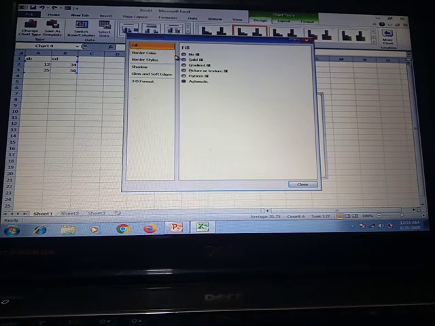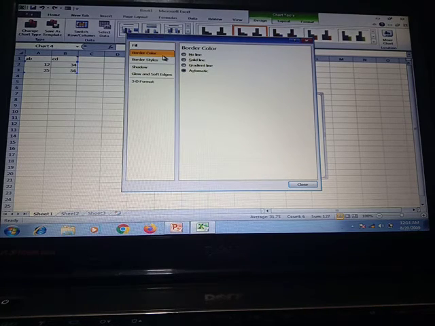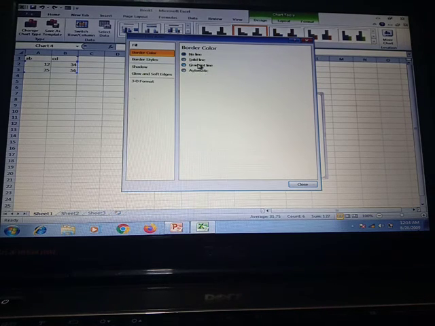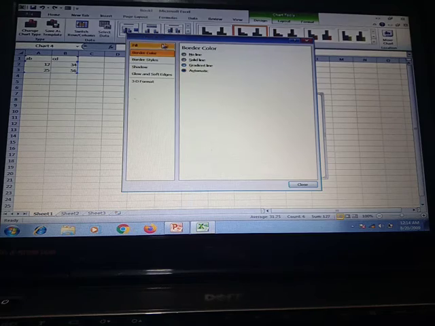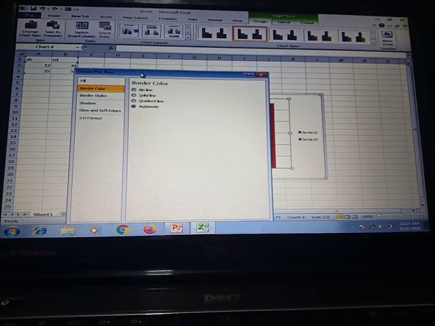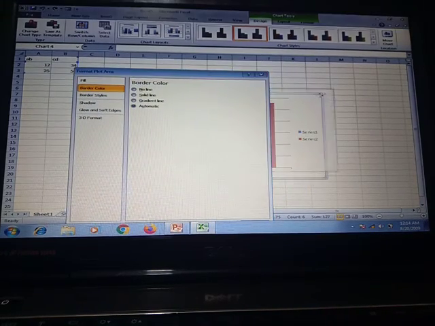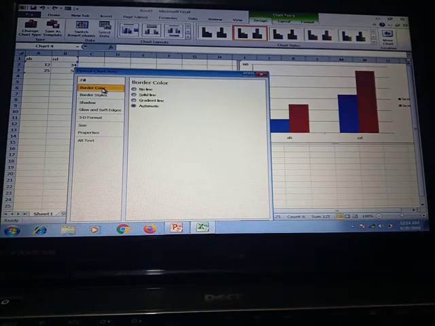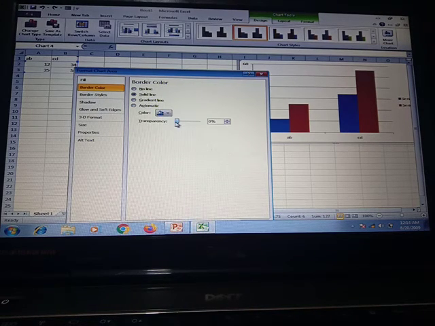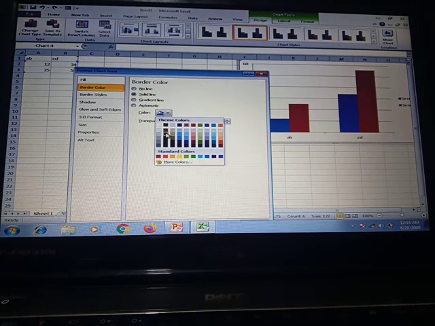If you want to change the border color, you can directly click on it and here the solid line color option is there, no line option, gradient line and automatic. Automatic will give you the color automatically. So this is how we can change our border color.